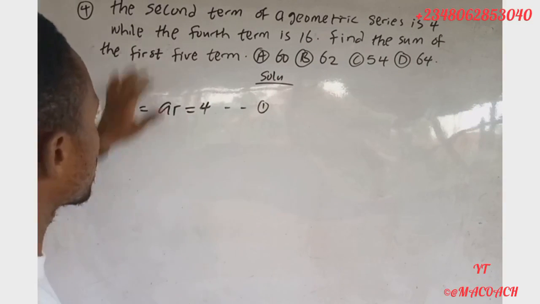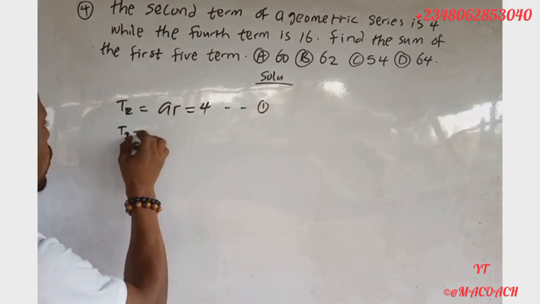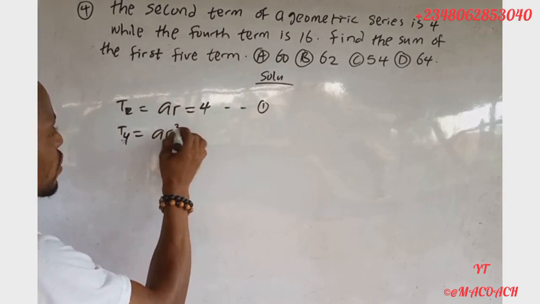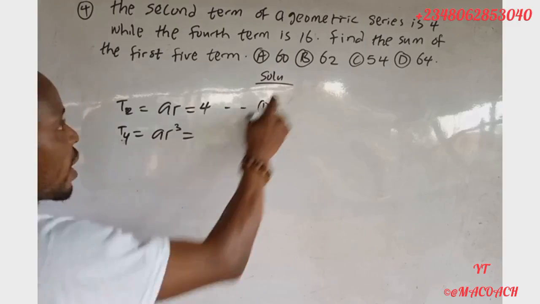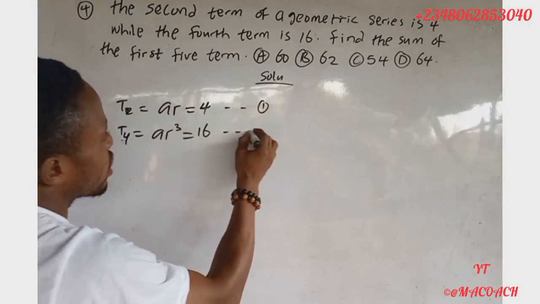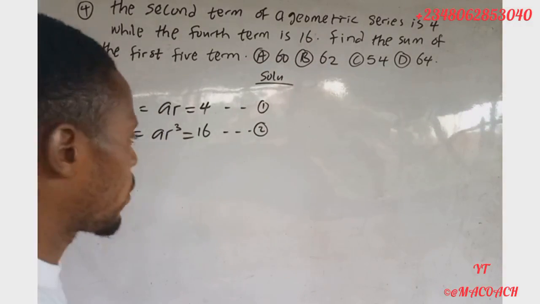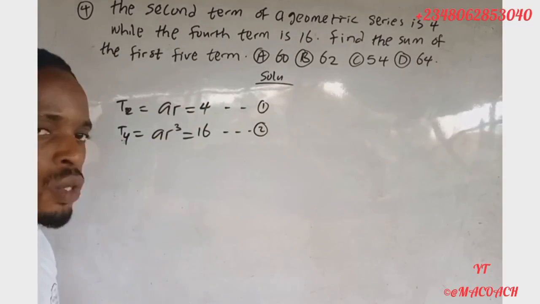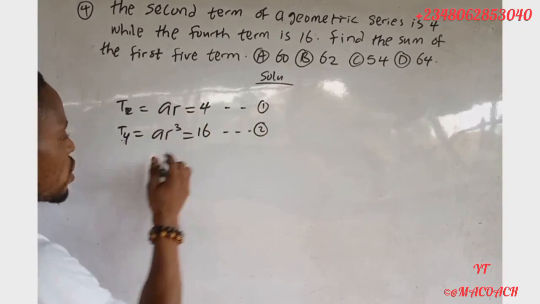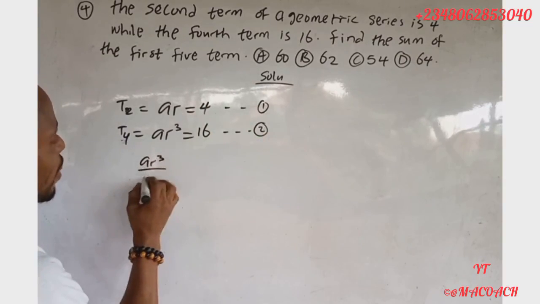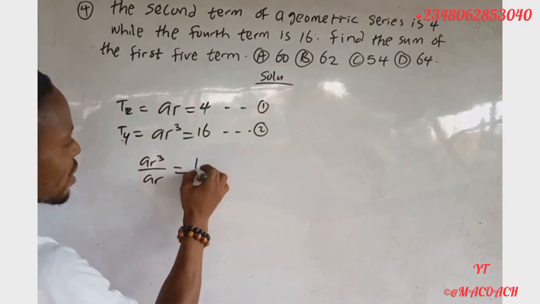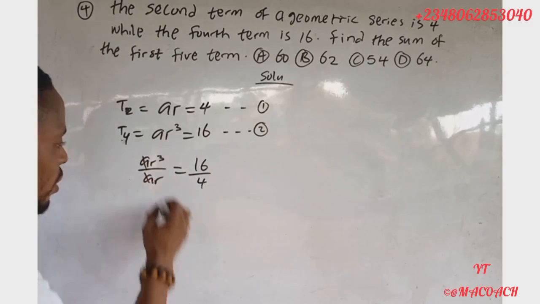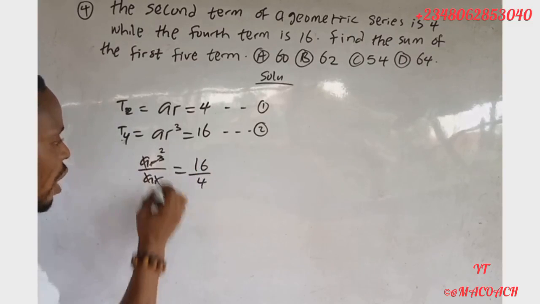So here we have our fourth term. T4 of it is given as A R to the power of 3, equal to 16. Let's call this equation 2. So what next is to divide equation 2 by equation 1. Let's divide: A R to the power 3 divided by A R equals 16 divided by 4. So this A can cancel this A, and one R cancels one R, where we have R squared, so we have only